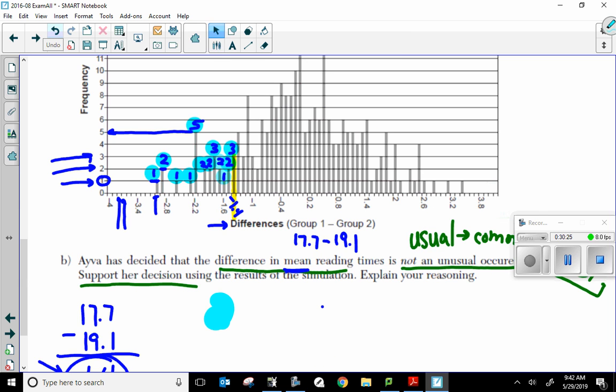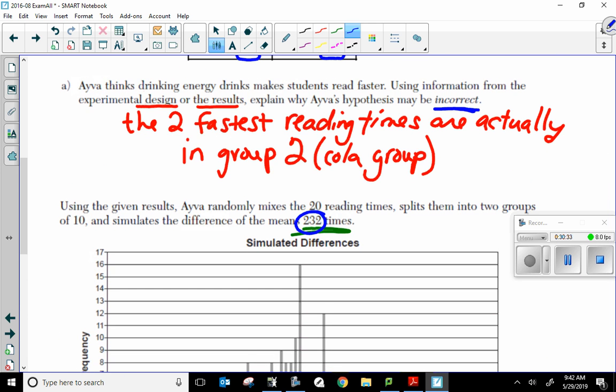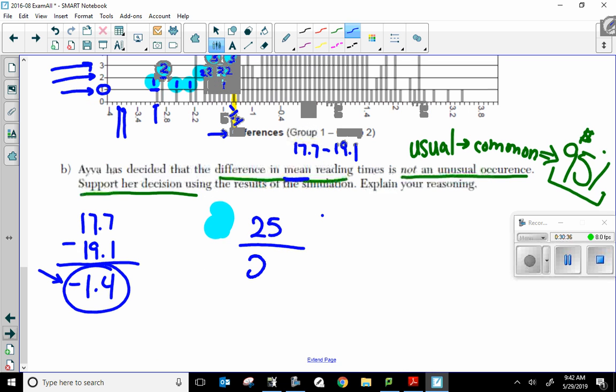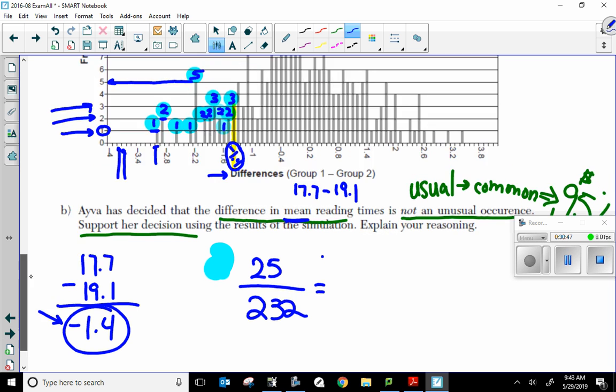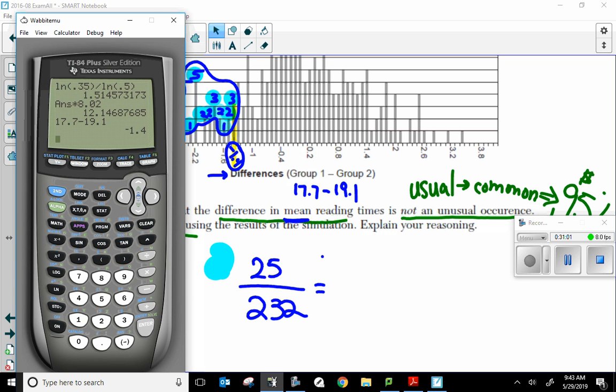So let's do this. There are 25 outcomes out of how many did she run? 232. So 25 out of 232. That is right where her number falls. Does that make sense? You need to add up 25 outcomes just to get to her experiment number of negative 1.4. So what percent is that? All right, let's take 25 and divide it by 232. And that is roughly